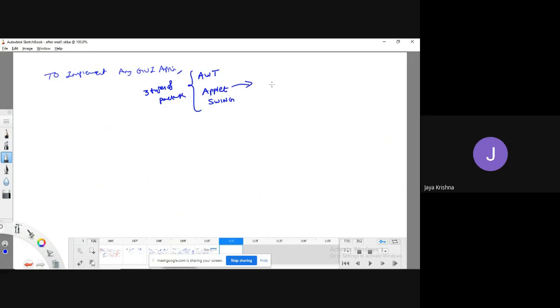Applets are meant for what? To develop distributed GUIs, which is not in our syllabus, but I have given just a brief overview. But after completion of AWT, we will be able to work with applets also, if you would like to. And AWT and Swing are meant for developing standalone applications, or we can simply call them desktop GUIs.